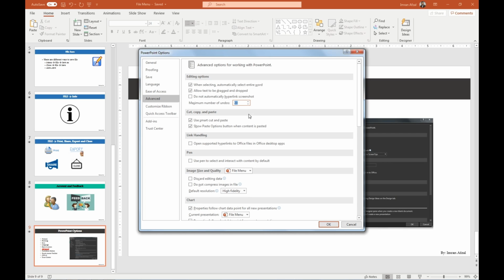I will leave it for default right now. Next one is cut, copy, and paste. This option says use smart cut and paste. What exactly is that? Now, if you notice that in this one, these menu, Microsoft is not giving you that